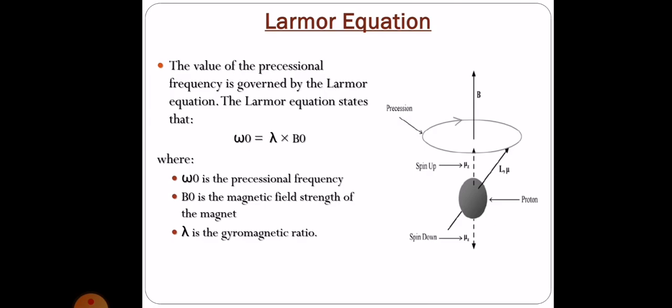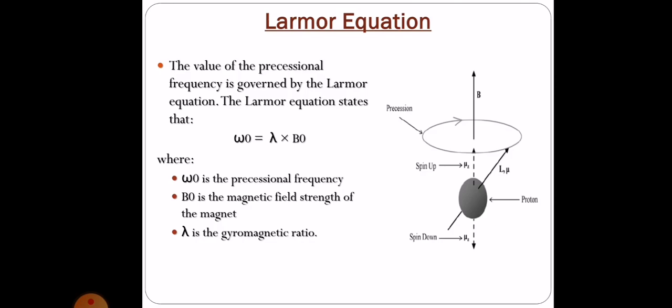So this is the proton you can see in the images. The proton rotates after we give the RF pulse, the radio frequency pulse, in the MRI machine. So the proton that is aligned with the magnetic field starts to rotate on its axis. You can see it is rotating. The path it rotates in is called the precessional path, and the process is called precession. So the equation you can see is omega 0 equals gamma into B0, where omega 0 is the precessional frequency,